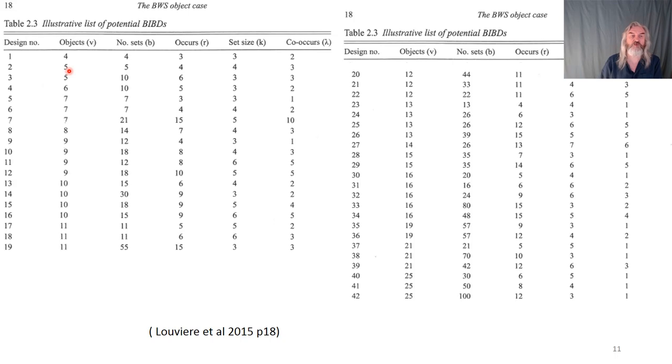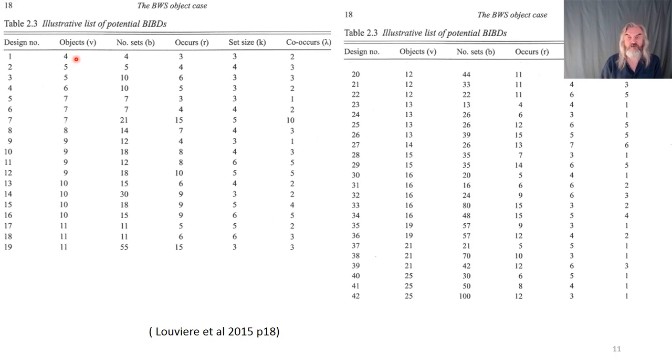if you've got 5 objects you're trying to rank, there's a BWS parts design where you ask them 5 questions. There are 4 items in each question. Each item is going to occur 4 times, and it will co-occur with the other elements 3 times. And then there's another version, if you've got 5 objects you want to do, where there are 10 sets, and then there are 3 items in each set. An item will appear 6 times across the entire set, so again it co-occurs 3. So what you can see is that